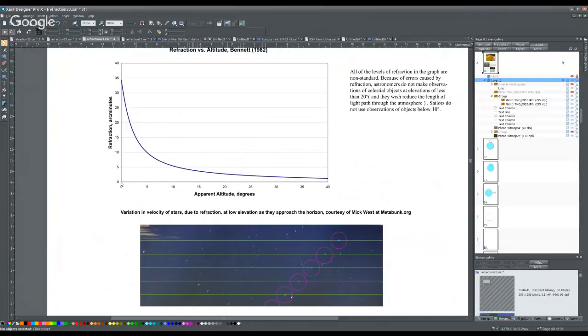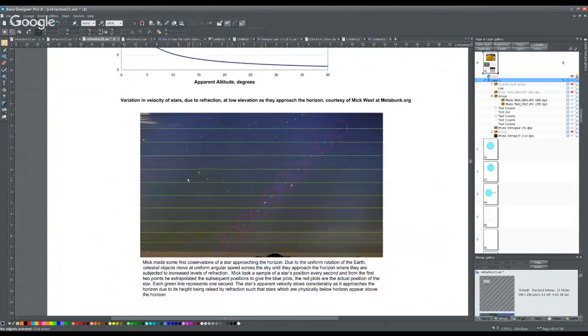And there's a fantastic video from Nick West showing how a star approaching the horizon changes its speed. So, for instance, this star here, he took a sample every second or something. I can't remember exactly how long the samples were, but he then extrapolated from the two samples here, these blue blobs, as to what it would do if it carried on, because obviously the sky rotates around